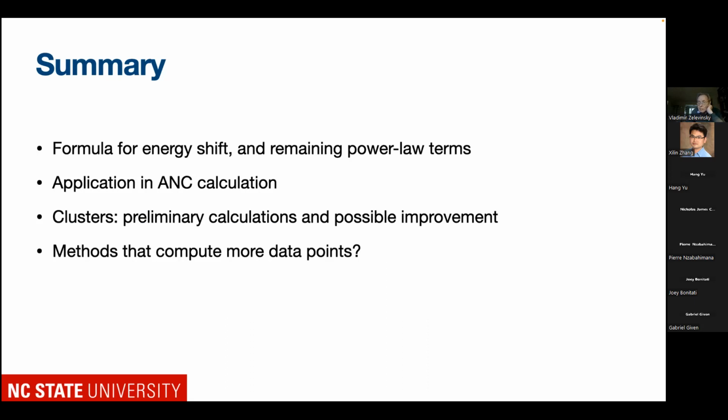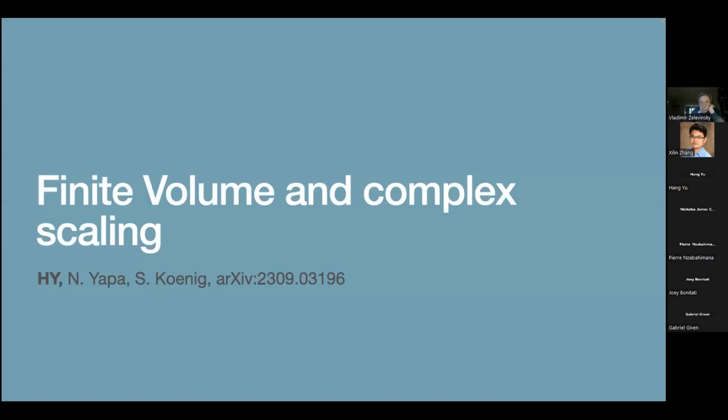We want to see if we can improve this cluster configuration in the future. What matters most is that if we have more data, these problems are not going to be a big challenge anymore. So we want to see if there is any method that can give us more data points. So the complex scaling we are working on